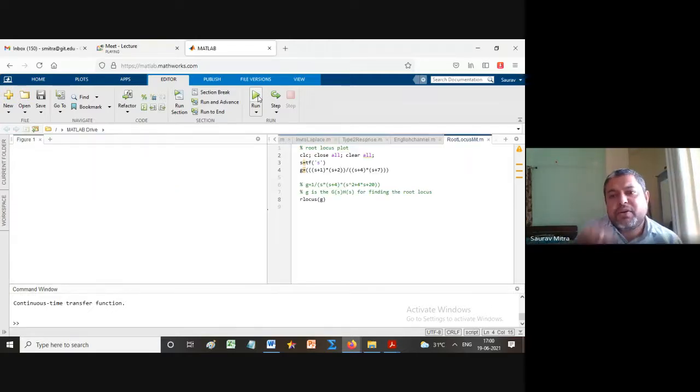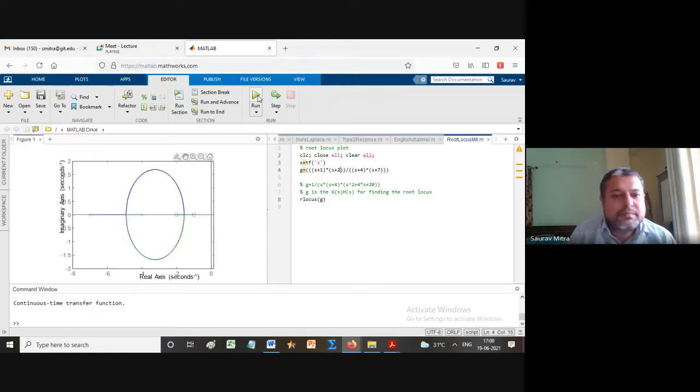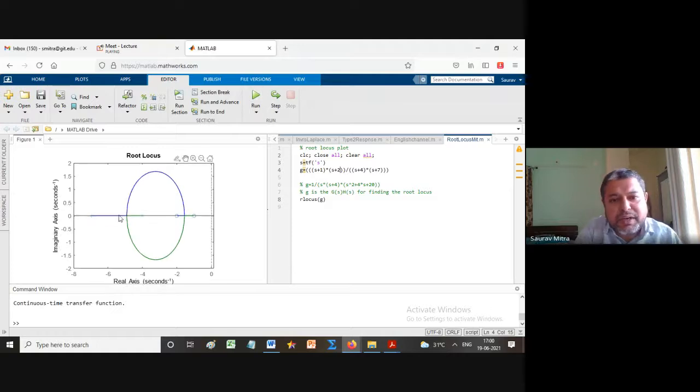Poles are given by cross, zeros are given by circle. So now see here, we have reversed, but it is the same thing. Here this is one pole, this is another pole, this is one zero, this is another zero. In this case also it is happening like the same thing. This is starting from here, this is the breakaway point, it is coming here, and this is ending at this zero. And this pole is starting from here, green. This is the pole at minus 4, this on the left side is the pole at minus 7, it is coming here, breakaway point, then it is going up and going there.